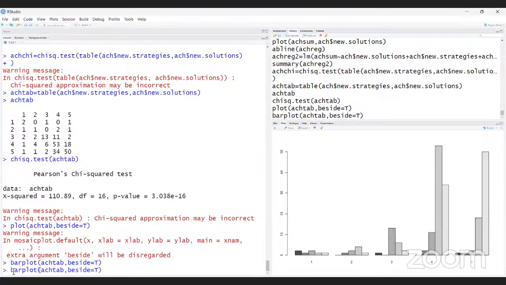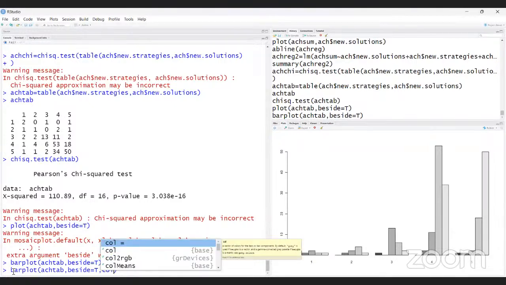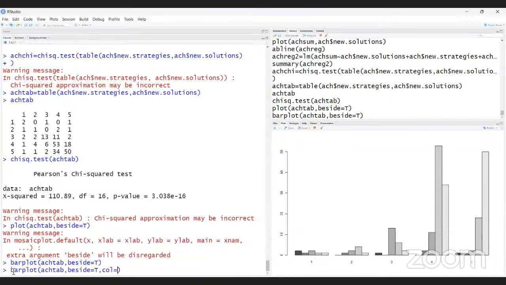I can write down here col equal to c, bracket, 1, 2, 3, 4, 5. 1 is to 5.